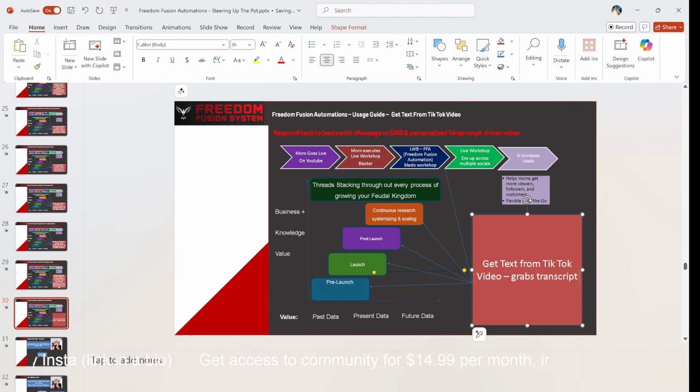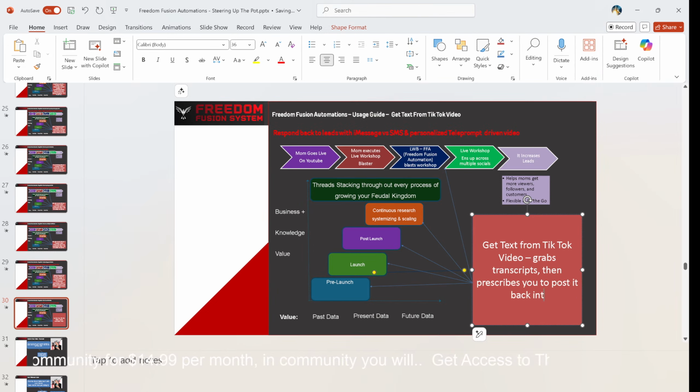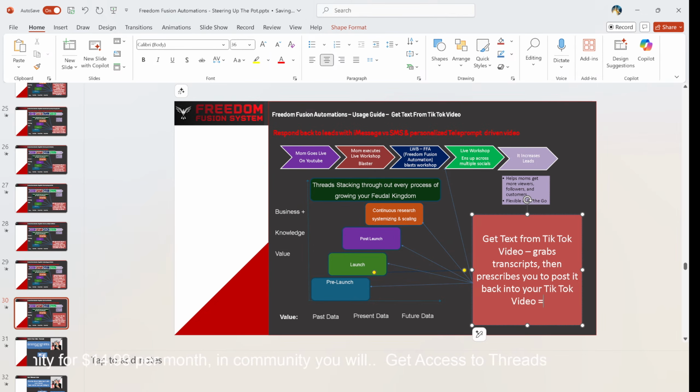This is another automation that we just whipped out, and it gets text from a TikTok video, grabs the transcript, comes back to you on the phone, and tells you to post. It grabs the transcript, then prescribes you to post it back into your TikTok video, increasing